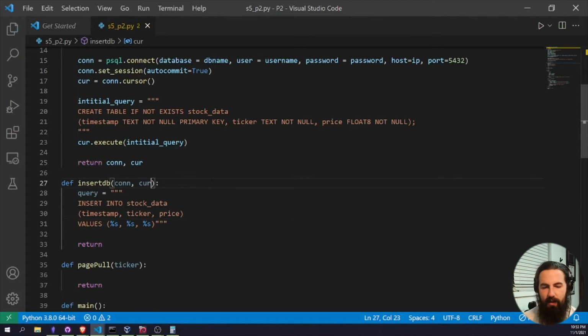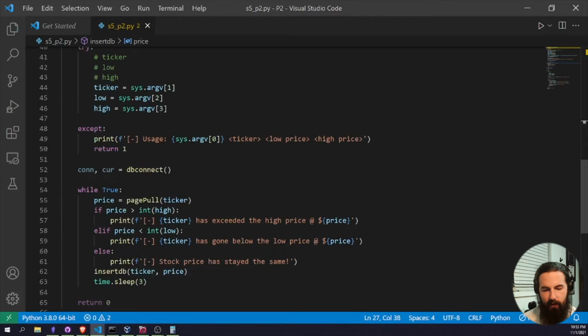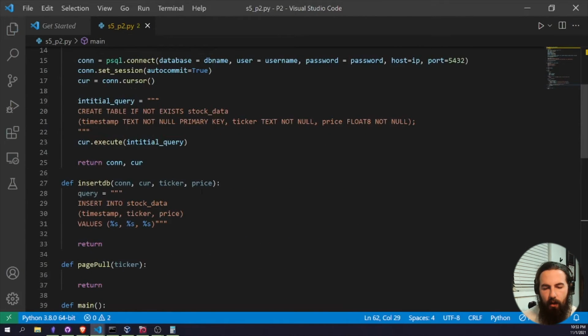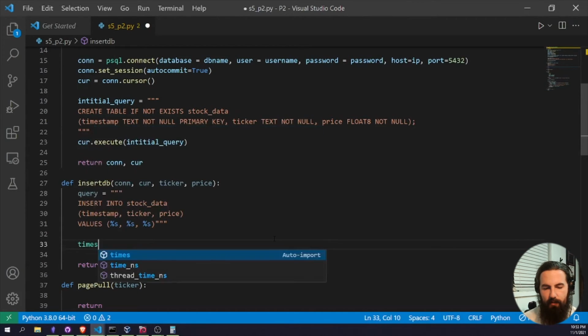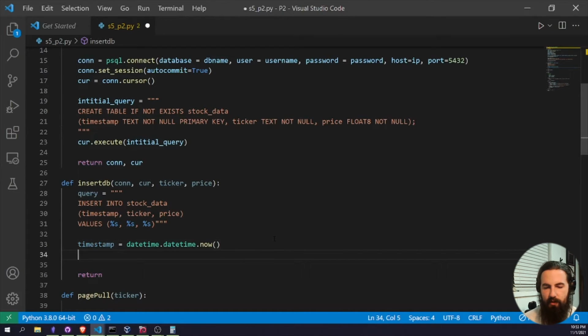So, we actually need to pull those in. So, con, cur, ticker, and price. I don't think I did that correctly down here. Yeah, so con, cur, ticker, and price. All right, and that should be fairly easy. All we really need is a timestamp. So timestamp is equal to datetime.now, I believe is how you grab the timestamp. And we're going to just insert that information into the database very simply with